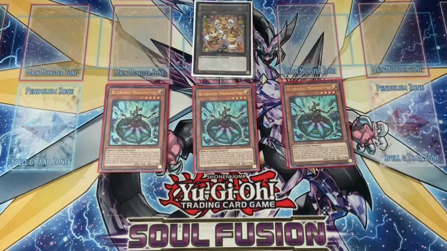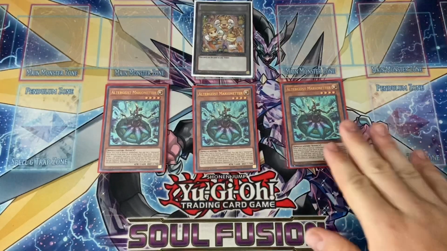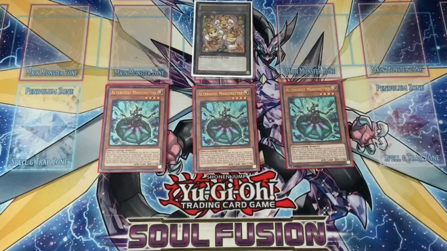It's your combo starter. If you want to run Altergeist Haunted Rock, Marionetter gets you straight to that, so that way you can put 2 monsters out on board to get to something like Hextia, and maybe if you have Meluseek in hand, get to that, so you can get your Multifaker as soon as possible. So 3 Marionetter,